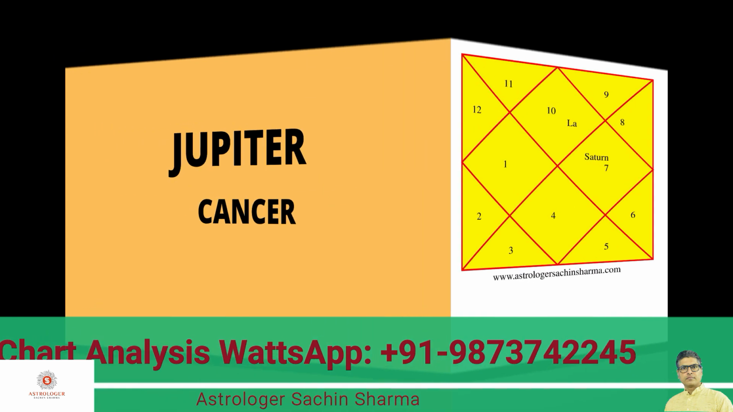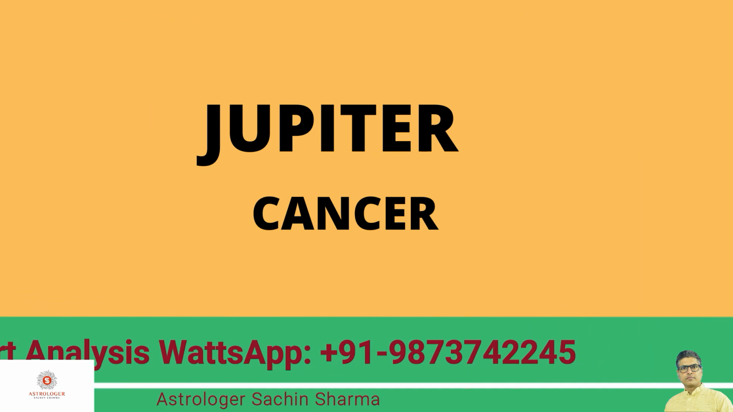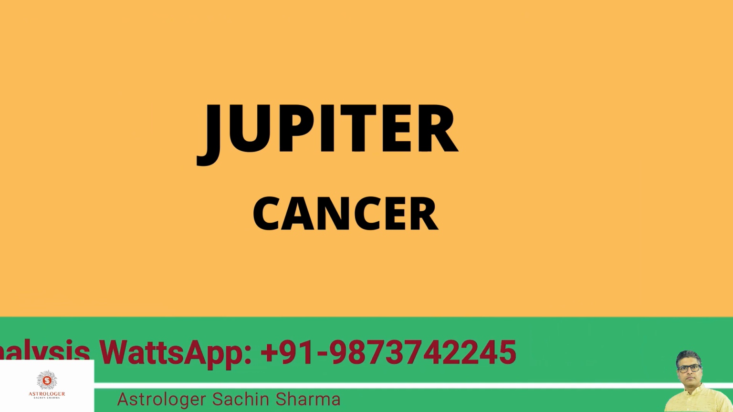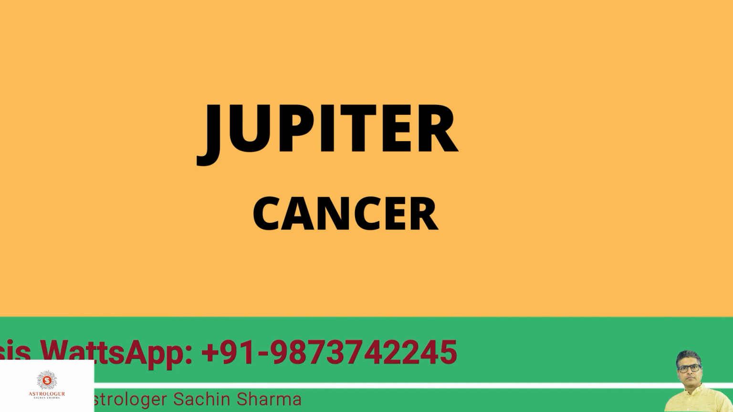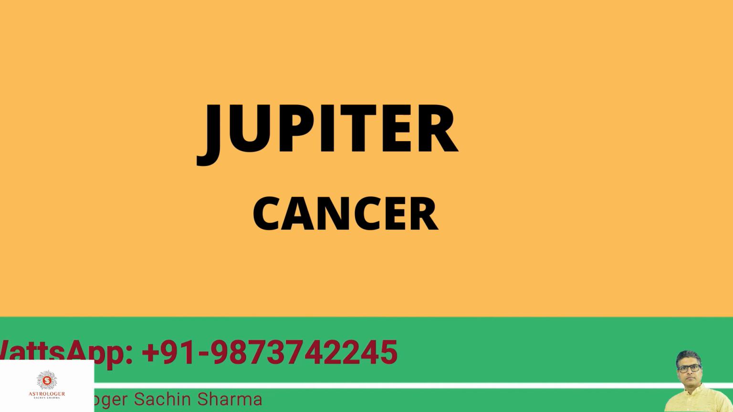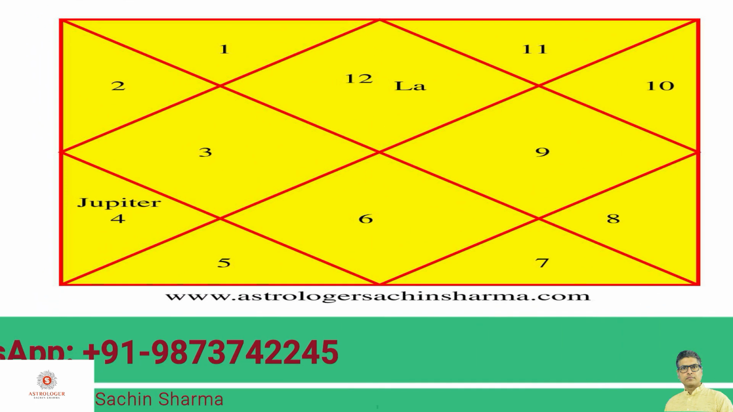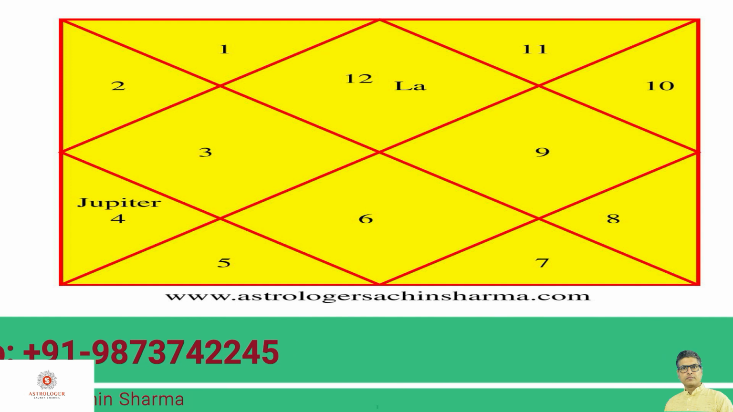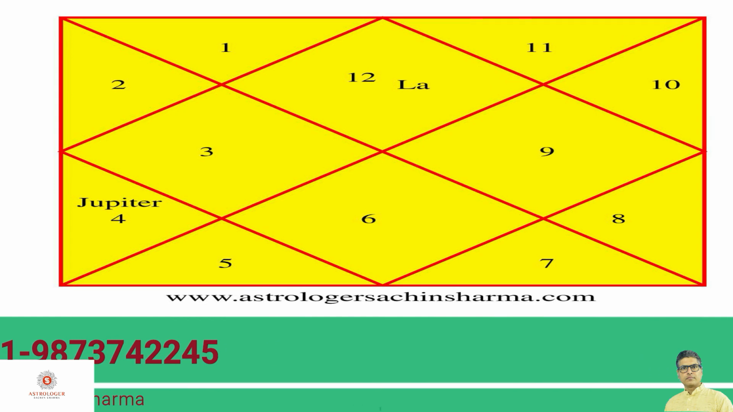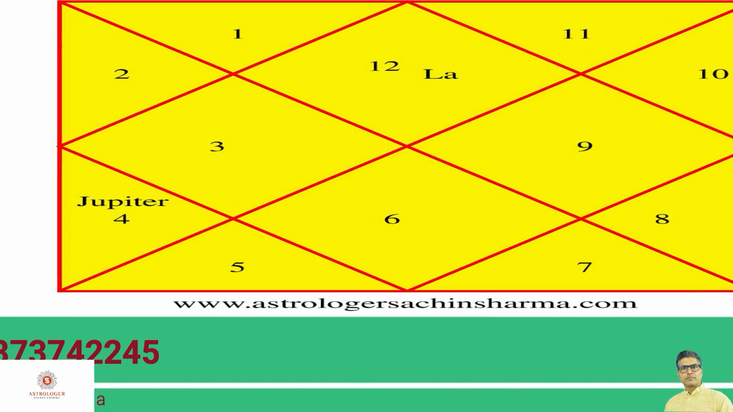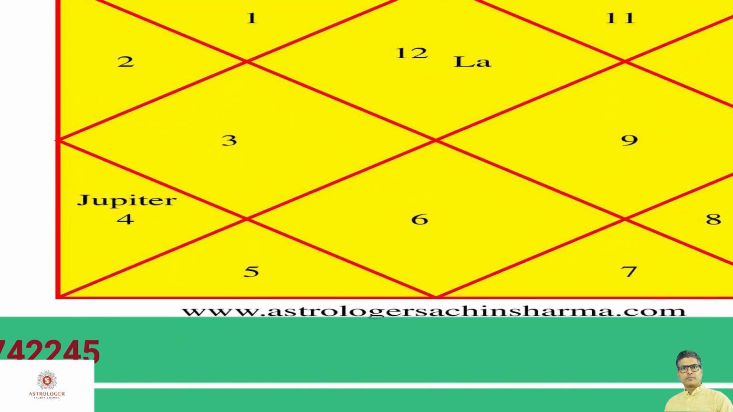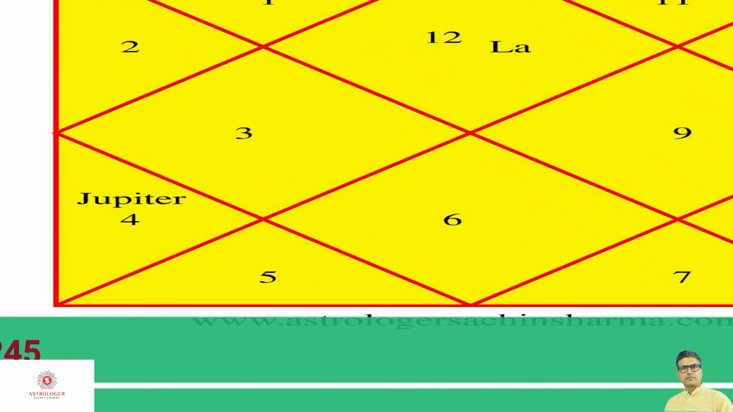Now let's move forward and discuss about Jupiter. So Jupiter is exalted in Cancer sign. Now let us understand this with the help of birth chart. Here we can see Jupiter is placed in the 5th house where number 4 is written. Therefore the lord of this house is Cancer, and hence Jupiter is placed in the exalted sign, which further implies